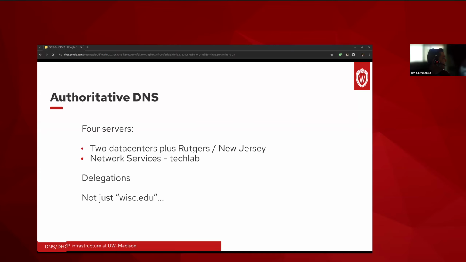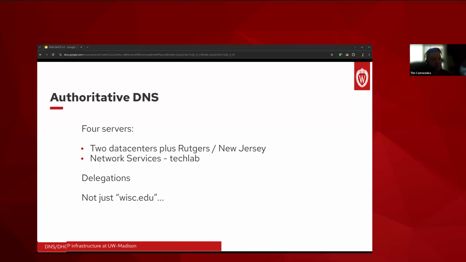So we'll first talk a little bit about authoritative DNS. Typically, the way that a DNS client works is that it will ask a resolver. We'll get to the resolver part in a minute. It'll ask a resolver for the address of a host or service. It doesn't do all the work itself. If the entry is not cached, the resolver will recurse from the root server all the way down to the authoritative source. So let's consider something like wisc.edu.